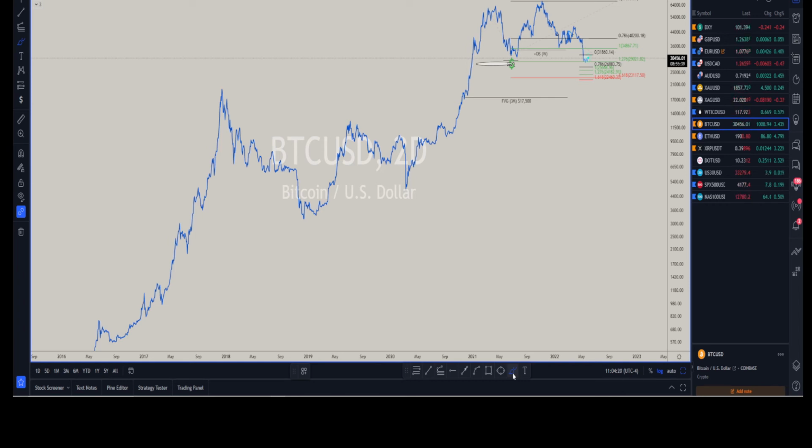Don't just go inside and open a long or open a short for no reason. Develop a system, develop a setup. That's from a trading perspective. From analysis, that's my point of view. That's what I use. It's been working for me for the past